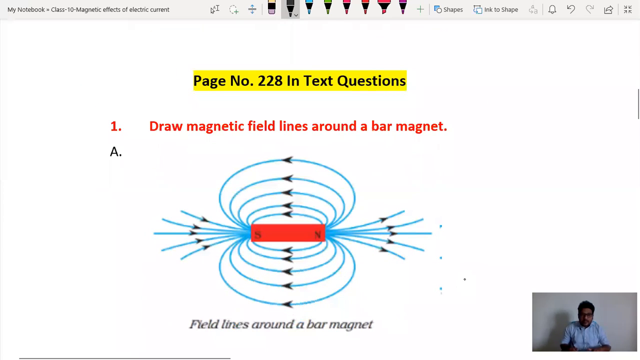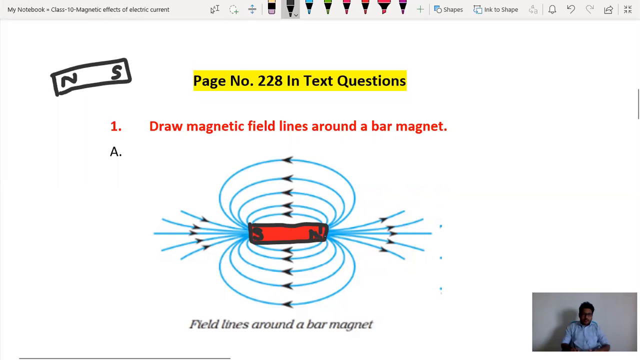Well, coming to page number 228, first question. Draw magnetic field lines around a bar magnet. First, you need to draw one rectangle representing a bar magnet and poles, your wish, guys. If you want, you can represent south pole this side and north pole this side, or you can represent north this side and south that side. There is no compulsory thing for you to represent left hand side one pole and right hand side one pole. No need of that. But after representing south pole and north pole,